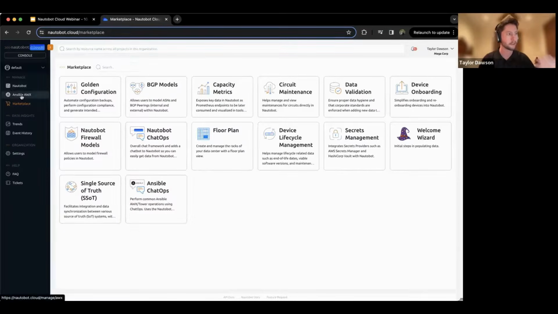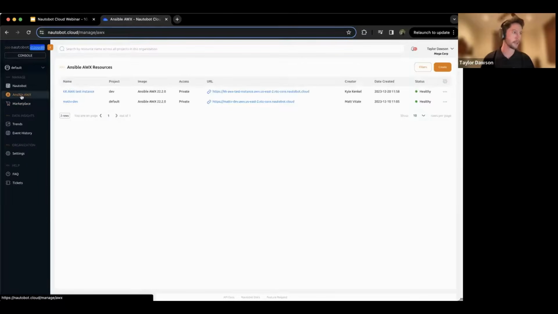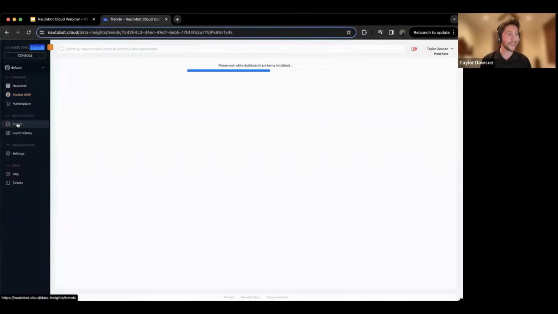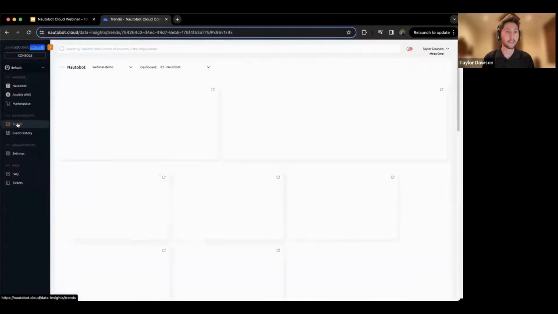And then, maybe just putting a little bit of emphasis onto the Ansible AWX portion of the conversation and the console, showing you that just like how you saw us managing Nautobot resources, you have a very similar environment managing your Ansible AWX resources that allows you to log in to that resource, manage it as necessary. And then finally, putting an emphasis on the data insights and the trends that Tim had exposed to you earlier, showing the breadth of data that we can provide to you as a consumer and as a user of